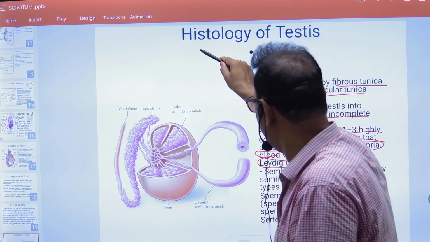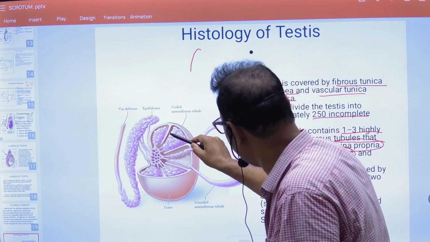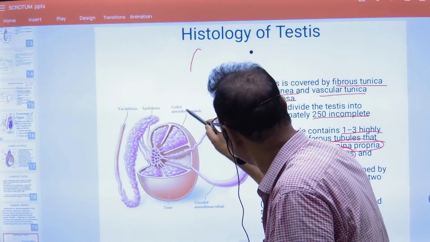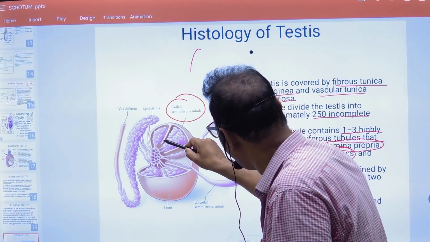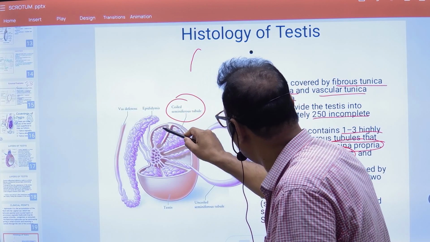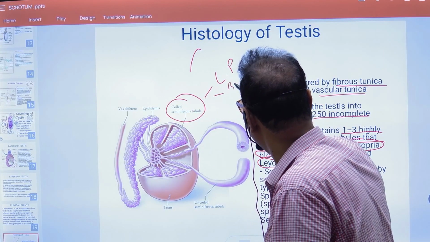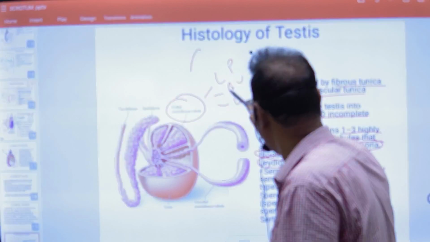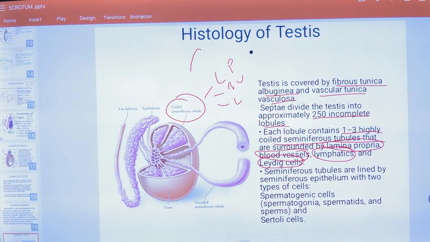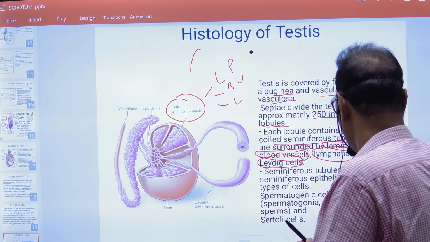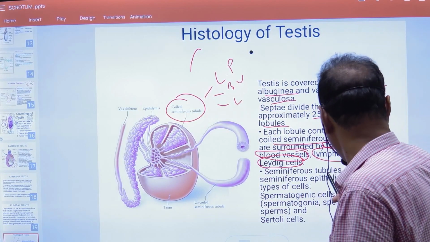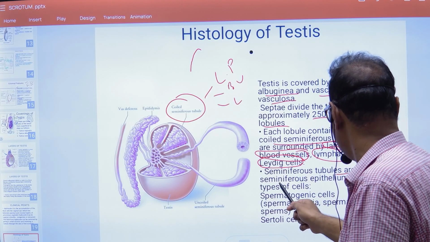Here you can see these lobules, and the seminiferous tubules over here. Here you will get all sorts of things: the lamina propria, the blood vessels, the lymphatics, everything you will get over here in this lobule. The seminiferous tubules are lined by